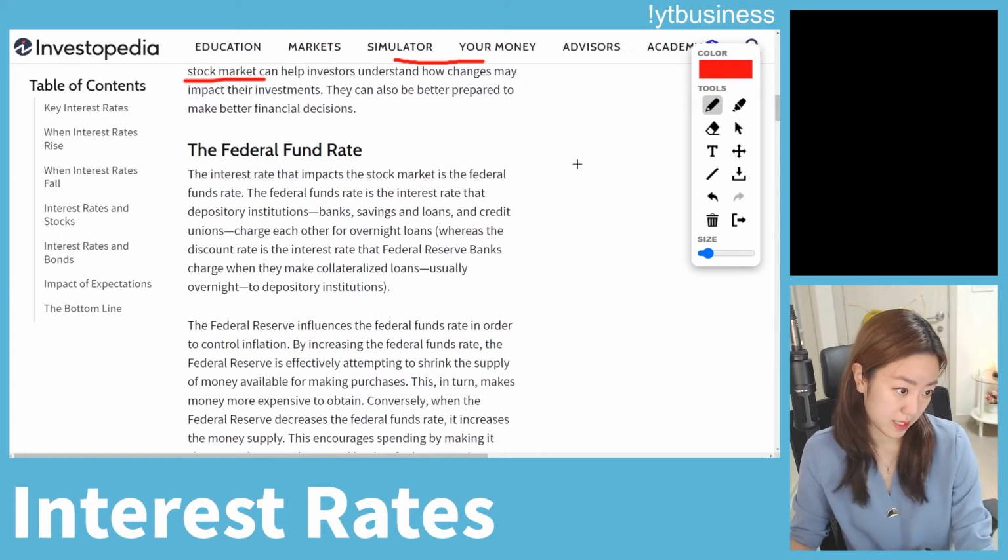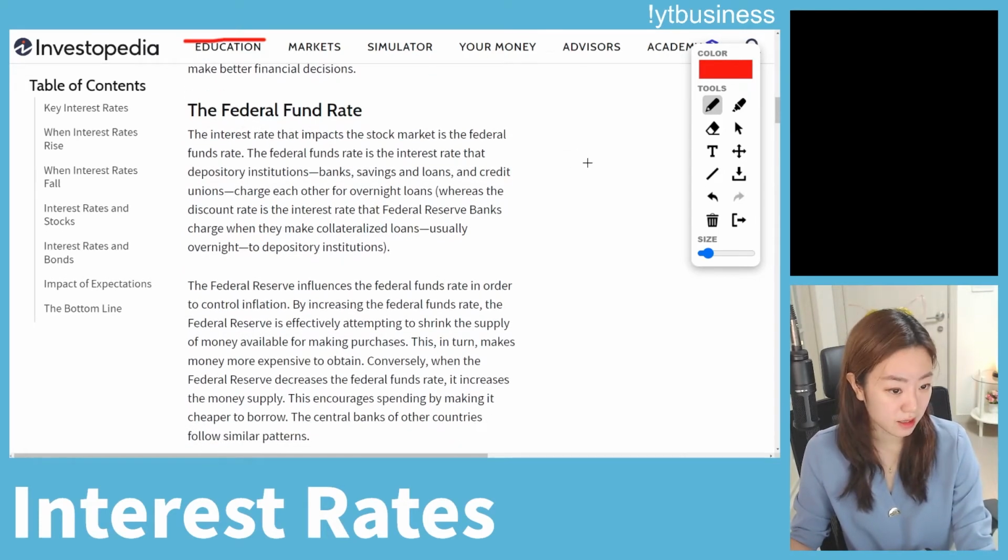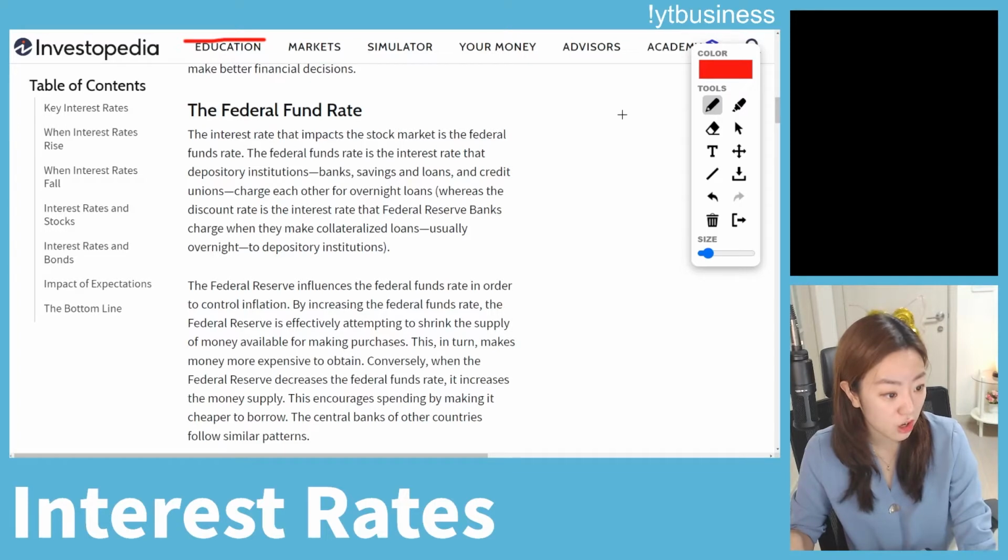The interest rate that impacts the stock market is the federal funds rate. The federal funds rate is the interest rate that depository institutions such as banks, savings and loans, and credit unions charge each other for overnight loans, whereas the discount rate is the interest rate that Federal Reserve Banks charge when they make collateralized